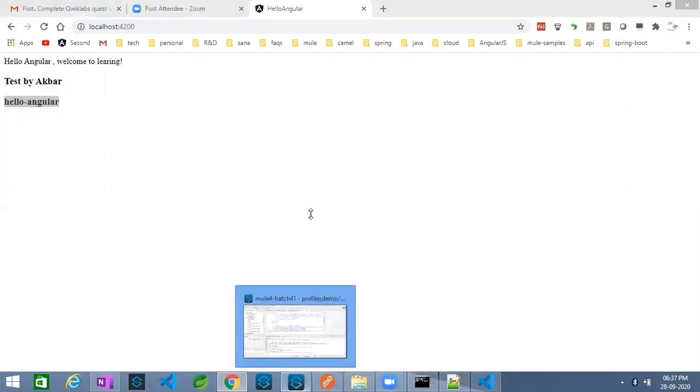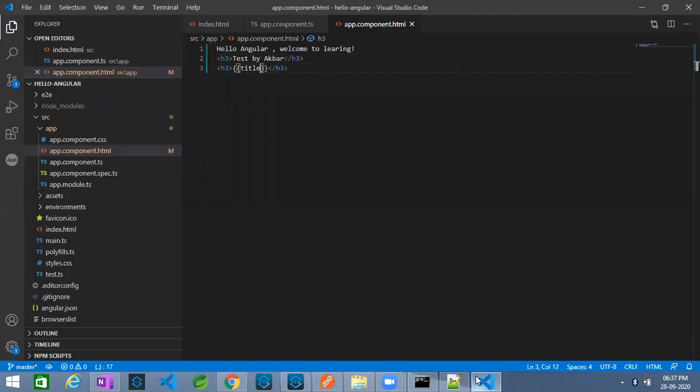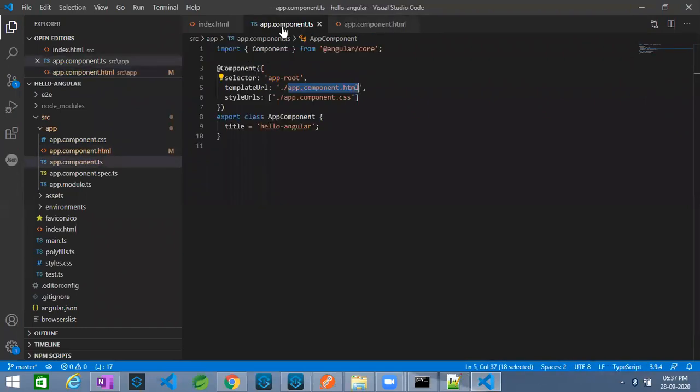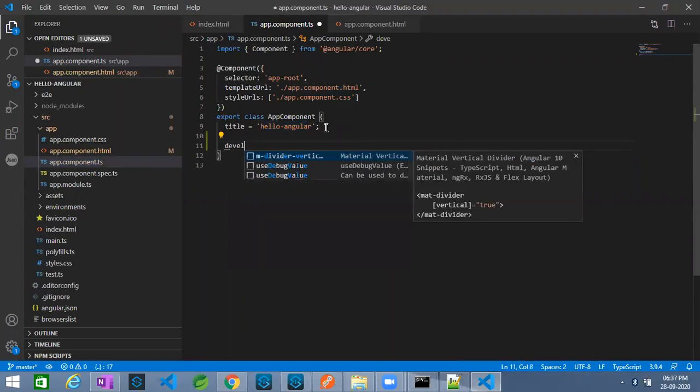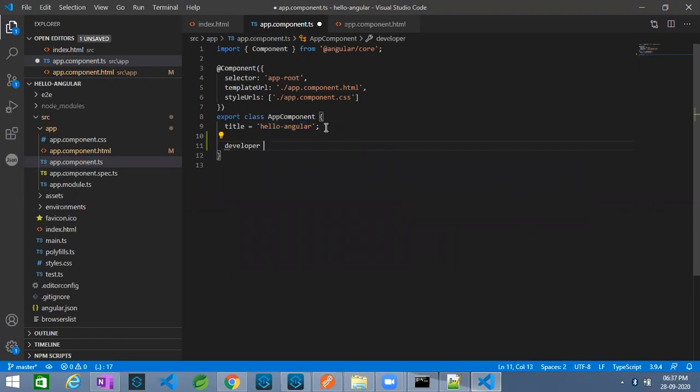The title is coming from where? From your component. Suppose example, I can create my own. Developer. You really need to specify the data type, string, integer, no nothing. Jay Patel. So this is what my component does. My component is supplying the information to my HTML page.